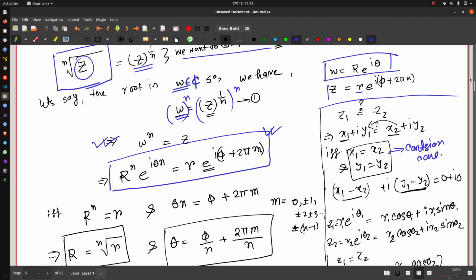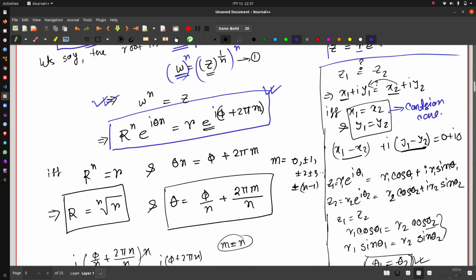What about the polar case? That's easy to do as well. If you just take z1 as r e to the power i theta 1, and note that I'm not writing the multiplicity right now, you can assume that the multiplicity, that is the 2 pi n thing, got absorbed in this theta. Okay,